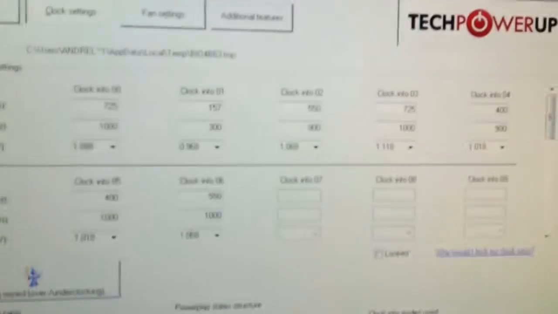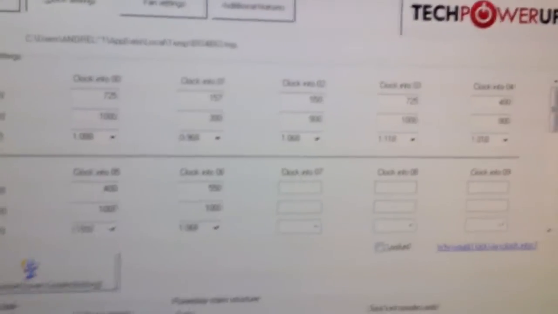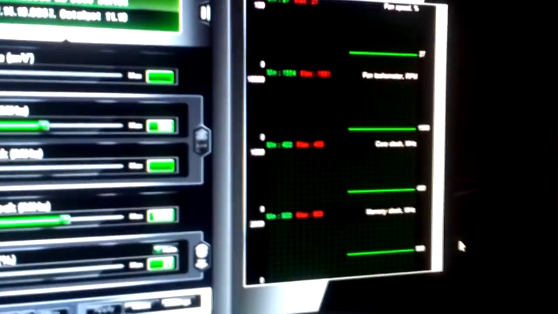This is important because we're looking at the UVD clock, which we are currently in. This UVD clock is number 4 here, with 400 core clock and 900 memory clock. We can see this over here in Afterburner. Now,